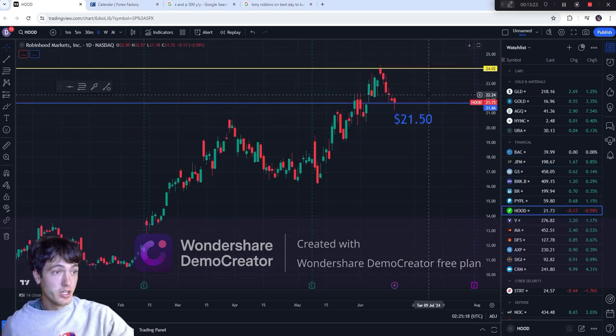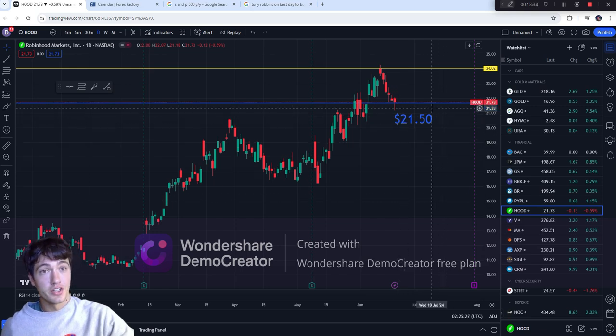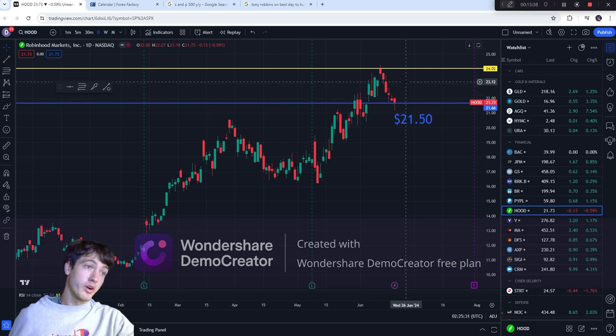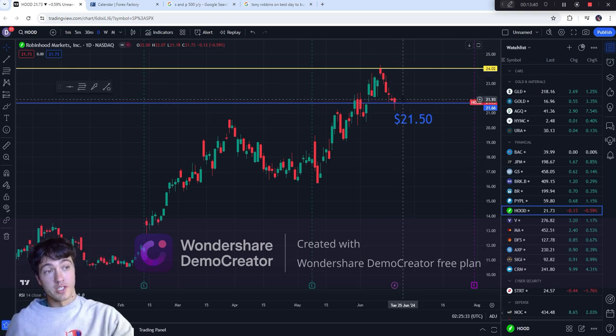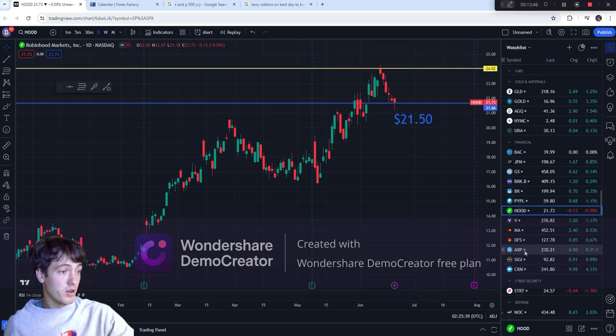Let's go to Hoodstock at our support of 21.50. We're going to want to see if that holds around that 21.50 area, and if it doesn't, we could see some retracements back on Hood. But it's good that it's at that support, so watch Hoodstock at that support. If it holds support and starts reversing back to the upside, then we could definitely see it back up to $24, $25. That's a good thing on Hood.